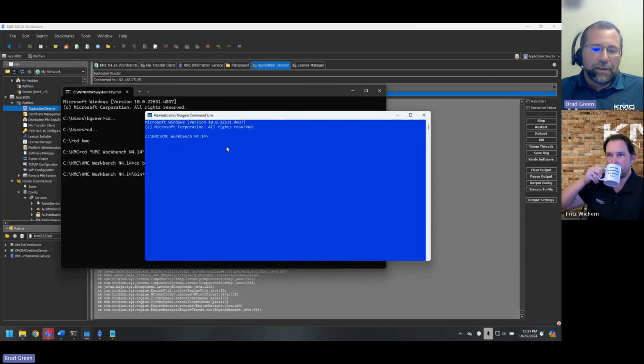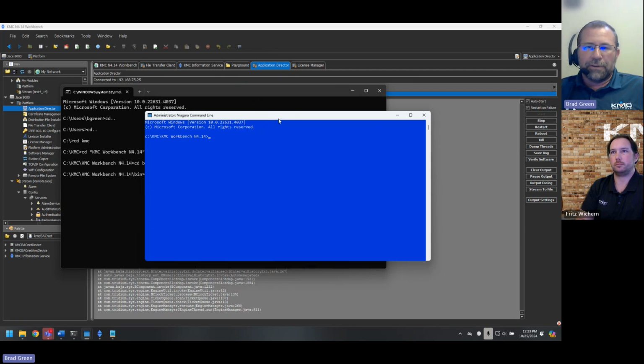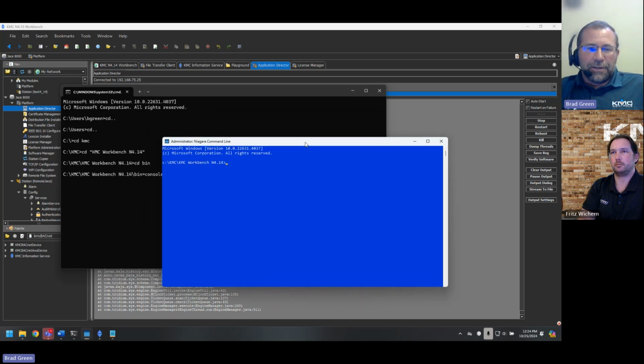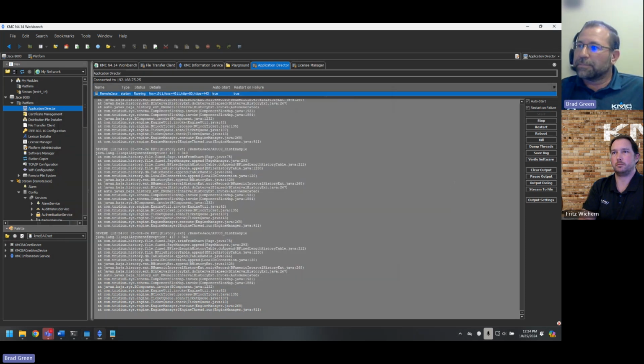The nice thing about that is when you launch that, it's going to give you a debug of everything that's happening during the launch. So sometimes if you launch Workbench, it will fail and it'll actually have some outputs here. A lot of times it's just modules not signed or a type that's not qualified. We run into that a lot with development releases. But it's helpful to have and launch from there.